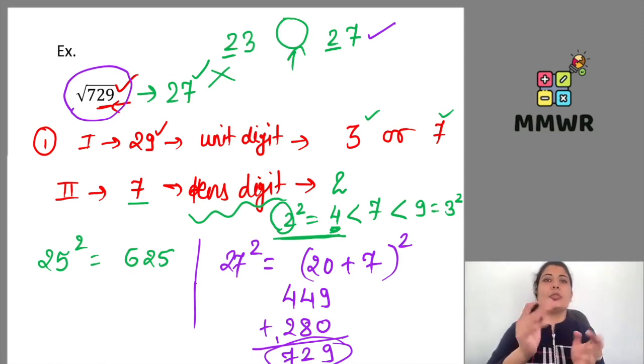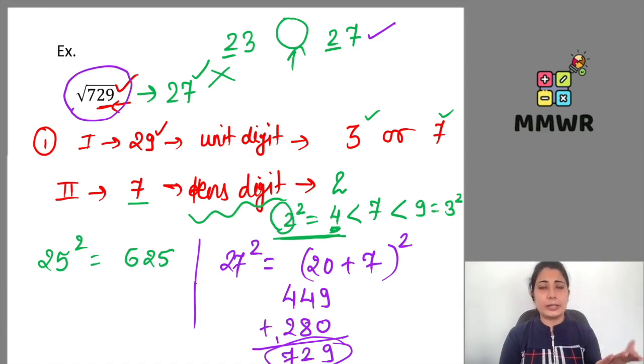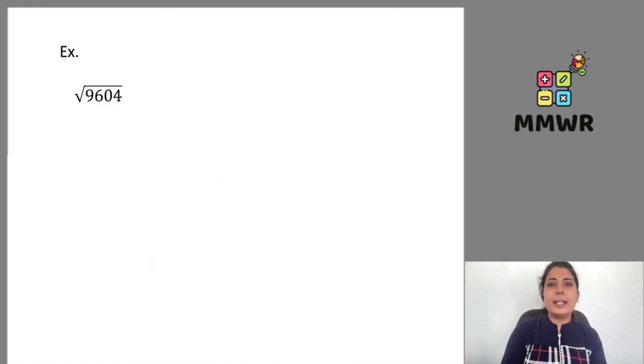Another method is आप दोनों का square find out कर लो, 23 का भी 27 का भी, and you will get the idea about whether it is a perfect square or not, and what is the square root of this particular number. For now, you might be thinking this is a longer method, but believe me, comparatively this is better than the long division method,